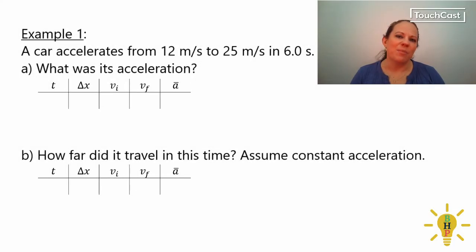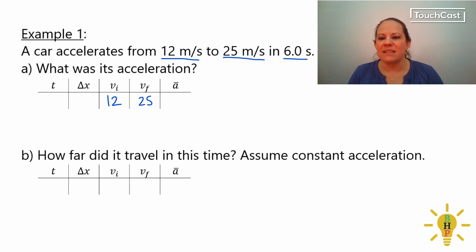Here in our first example, a car is going to accelerate from 12 meters per second to 25 meters per second in 6 seconds. What was its acceleration? So from 12 meters per second, that's an initial velocity, to 25 meters per second, that's a final velocity. In 6 seconds, that is a time. What was the acceleration? Let's put a big question mark in the box that we're looking for,